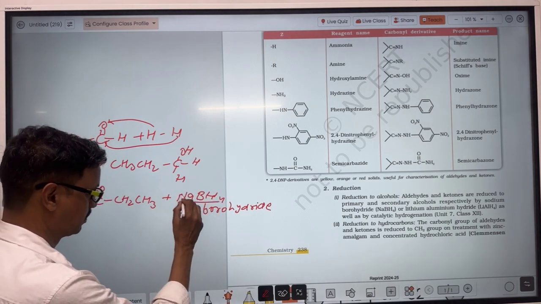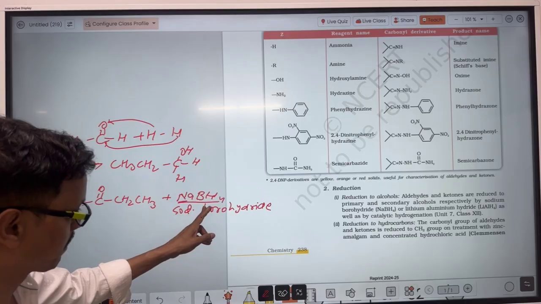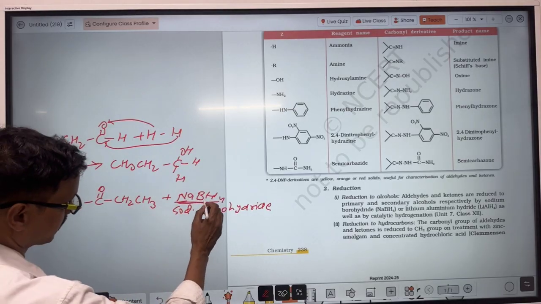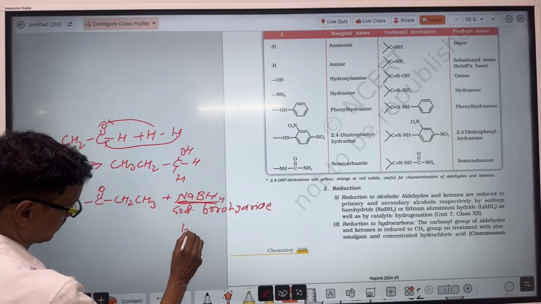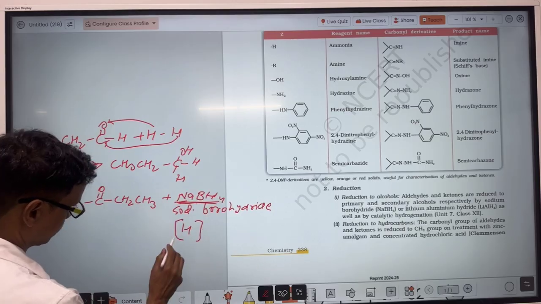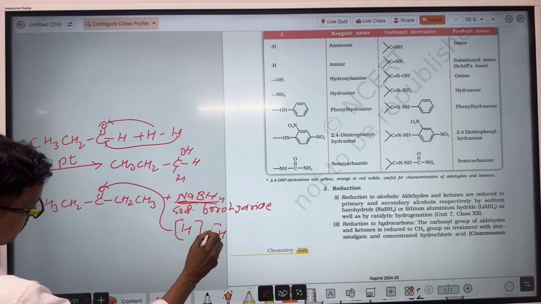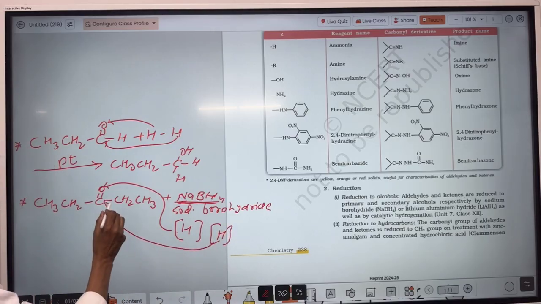So NaBH4 will dissociate here and provide nascent hydrogen. This nascent hydrogen will bond to the oxygen, and some of the nascent hydrogen will combine to this carbon. So the product will be